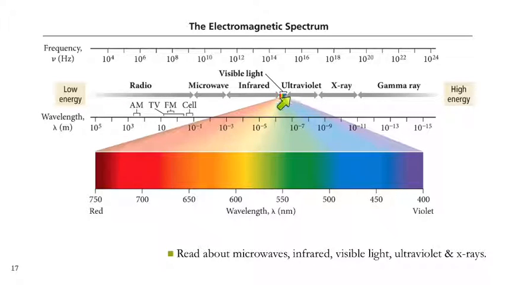Higher in energy is the ultraviolet. That's what gives you the sunburns. X-rays, that's what they use to look at your bones. Gamma rays, this is not good for you unless it's used very, very carefully. If we go to lower energy, there's infrared light. This is heat. Go lower than that,